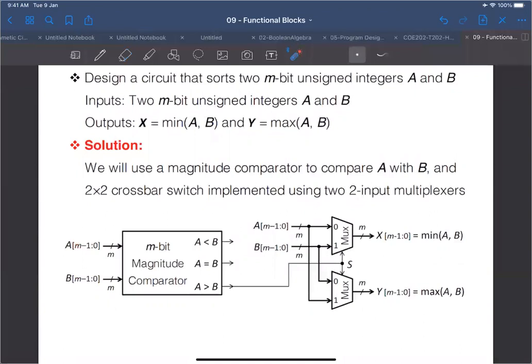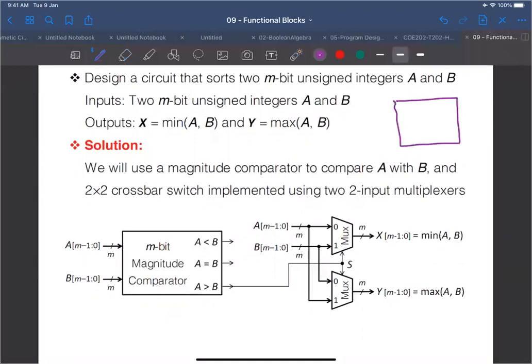So this circuit here satisfies the conditions that are basically specified before. It uses MSI components, comparators, multiplexers, and nothing else, right? So I'm going to denote this circuit by a big box like this, a black box,